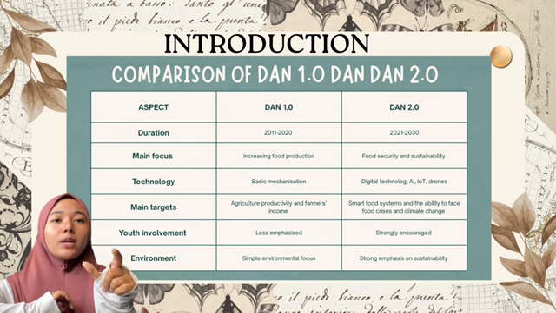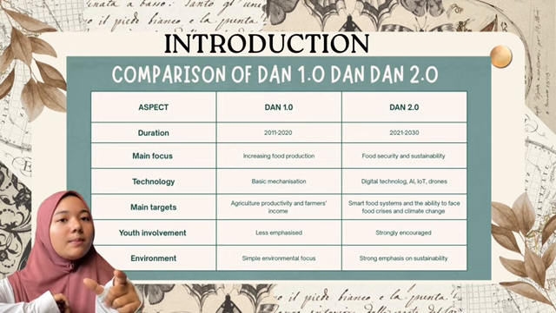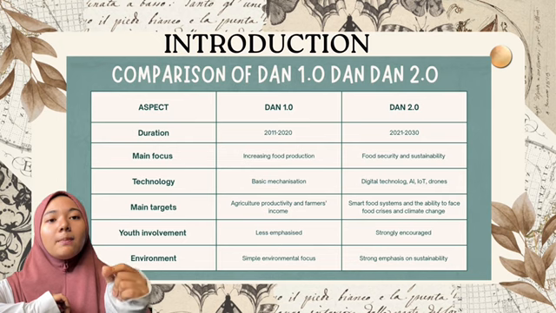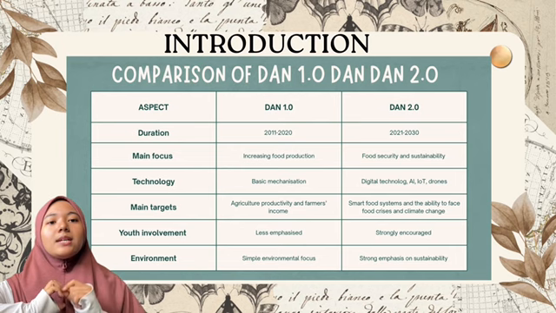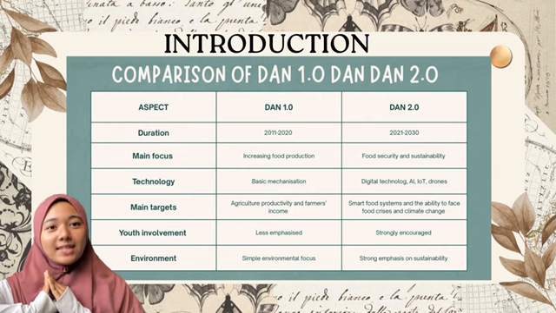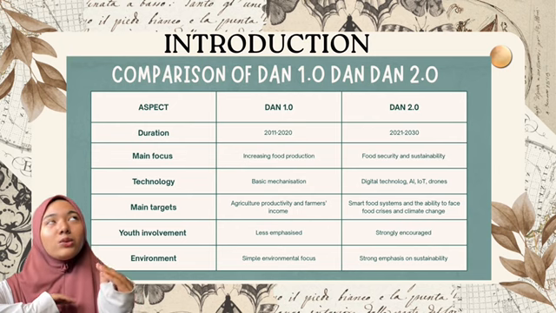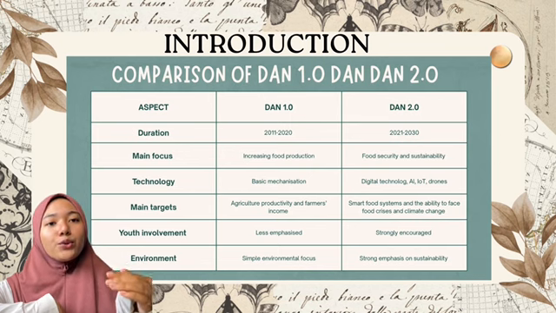So this policy was introduced by the Ministry of Agriculture and Food Security Malaysia to strengthen Malaysia's agro-food sector and ensure the food security for the country. So first let me explain the NAP 1.0. NAP 1.0 was implemented from 2011 until 2020. So the main objective of this policy is to increase the food production and develop the agriculture